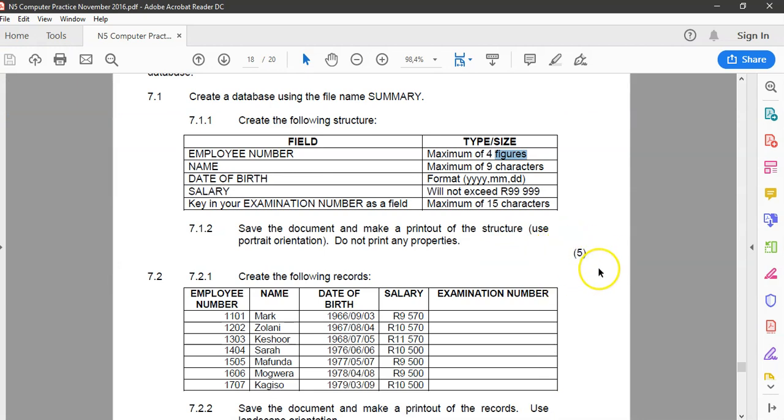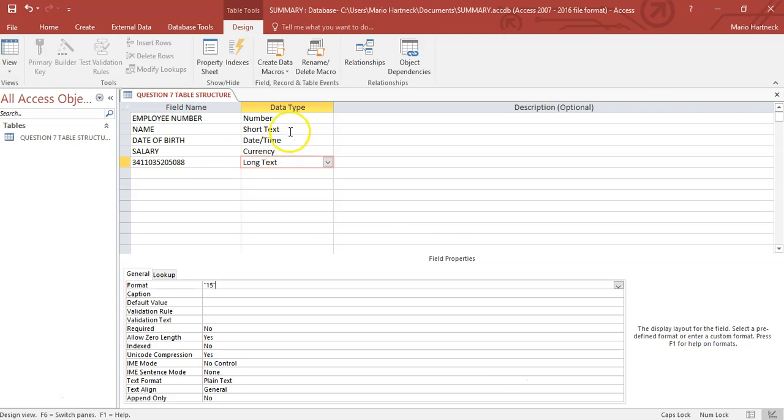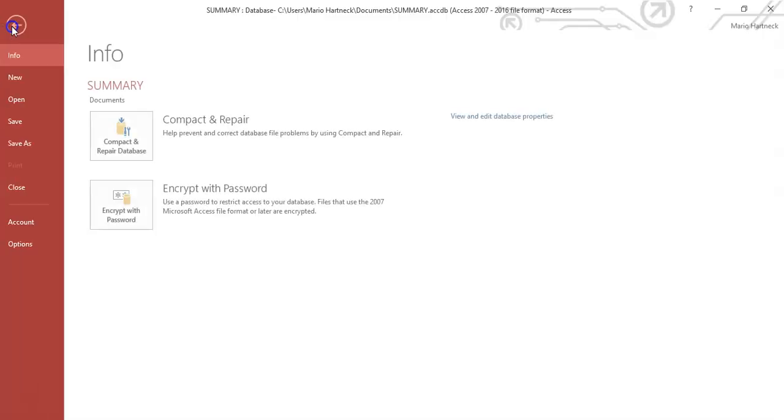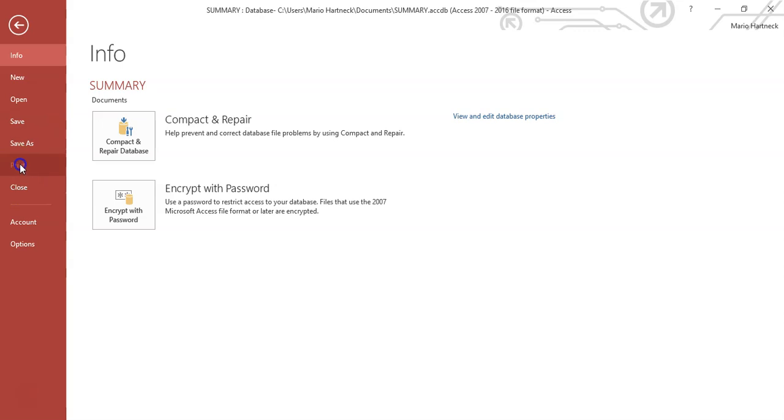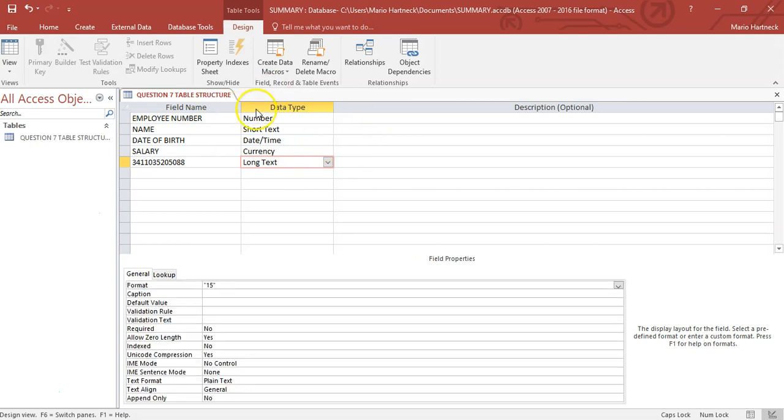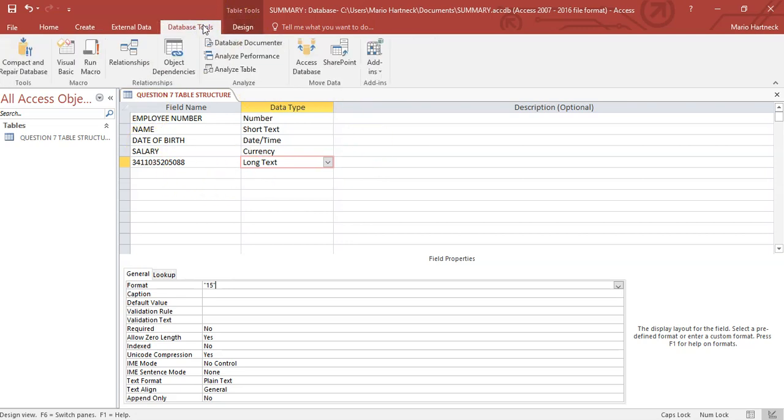But before you can get that 5 marks, you must first be able to print this. Now, how are you going to do this? Seems pretty easy. You just click File and go to Print. But when you get there, you won't be able to print because the table structure is not that easy to print. What you must do is there's a special sequence that you have to use, and please write them down as I mention them. It would be good to memorize them at this point. Okay, to print the table structure, you have to click on Database Tools, Database Documenter,